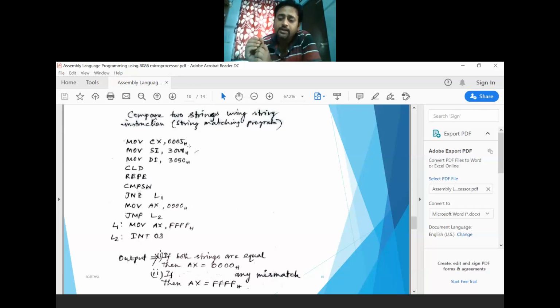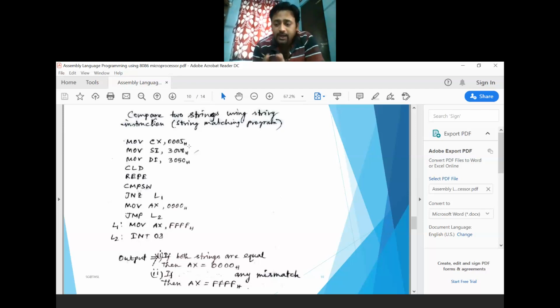So that's why you must reset your direction flag, because if the direction flag is 0, then you can go to the auto increment mode for memory location. But if the direction flag is 1, sorry, if it is set, then it goes in auto decrement order.